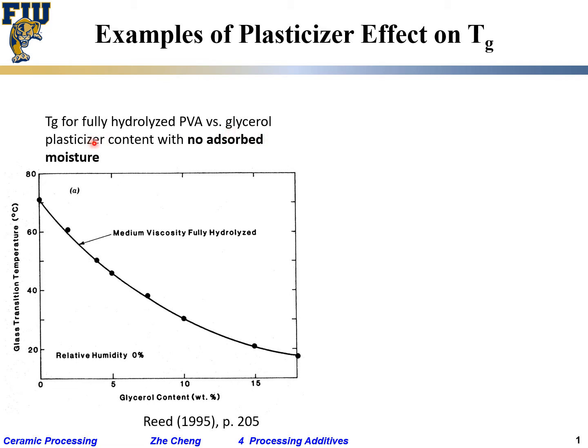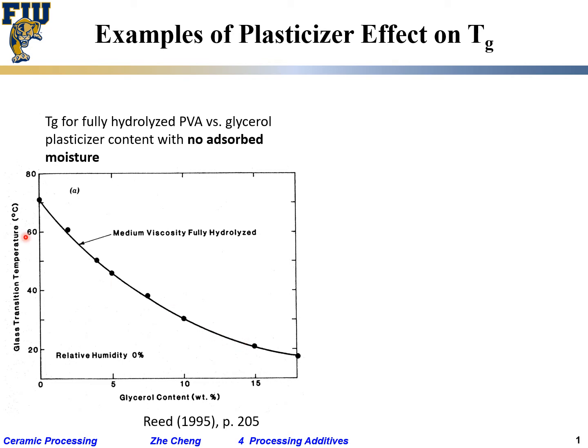Here, glycerol is our plasticizer. That's our small molecule to help us decrease the Tg. So the horizontal axis would be the glycerol content. The vertical axis would be Tg. And you see, okay, by adding 5%, 10%, the Tg decreased from 70 to around 20 degrees C, which